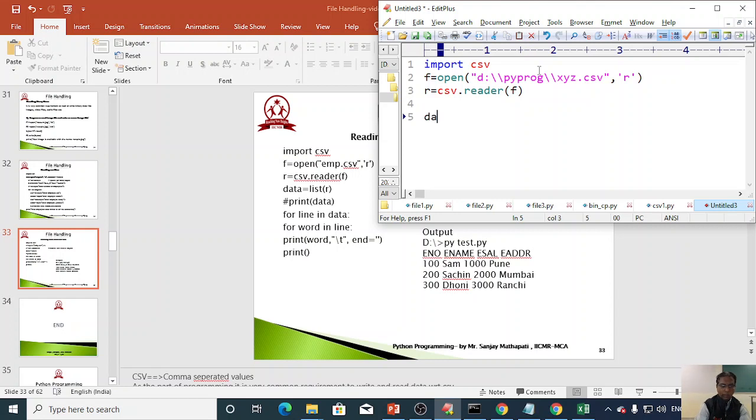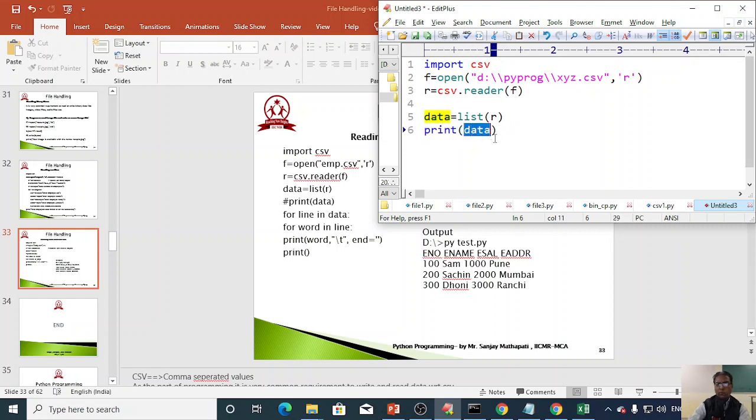You can use any name for the reader object, it doesn't matter. If I directly write print data, see what exactly is available with me. Later on we can perform many operations, which we will see in advanced topics. But here we discuss how to read the data from the CSV file.